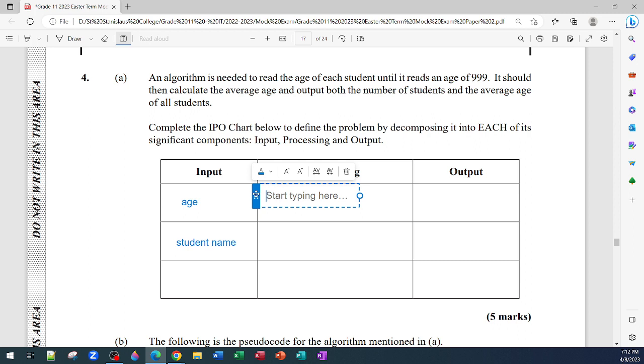So we can say something like while loop, if age is less than 999, then